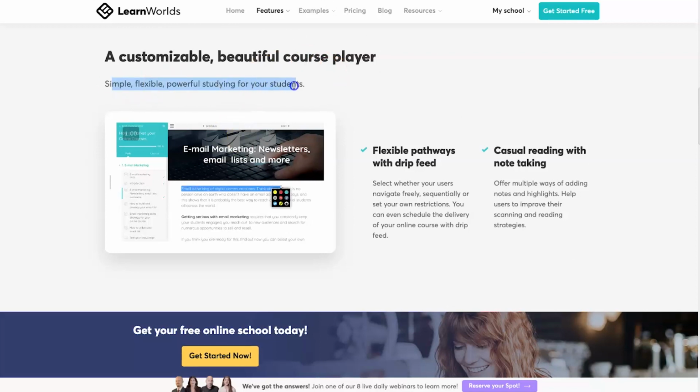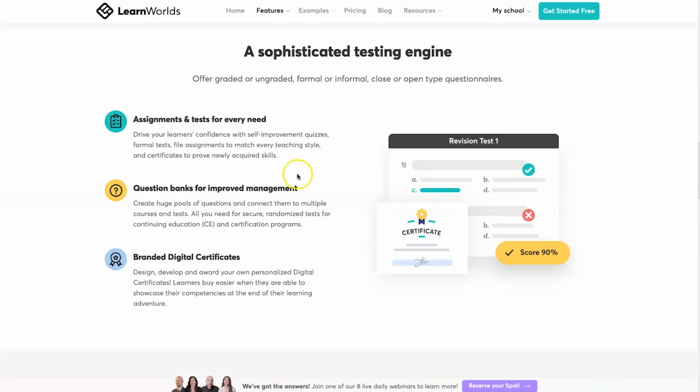Now, the good thing for students as well is they can actually highlight their own text, right? So if you had some images or some text inside of here, they can go ahead and highlight it for themselves. They can also add in their own notes where they want to as well. Once again, this is something I haven't seen before. It's quite powerful. And then you've got everything you need from tests, quizzes, you've also got live chats,